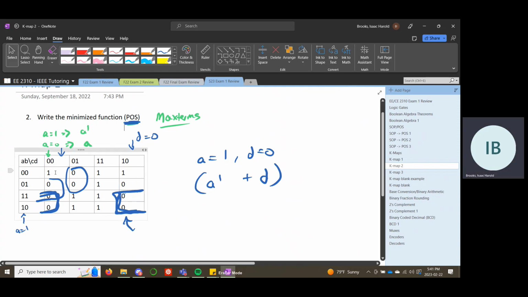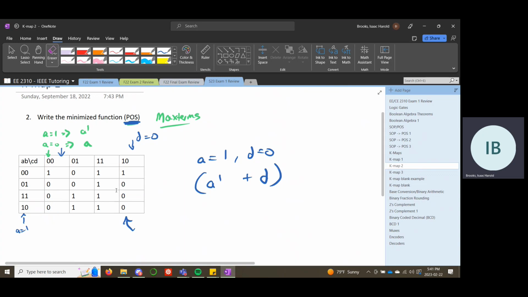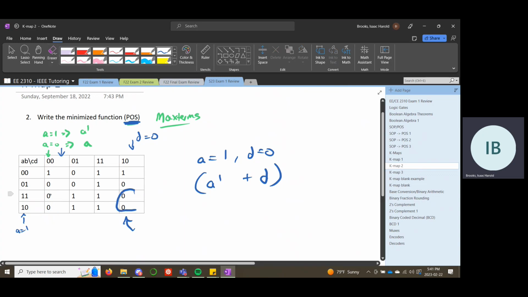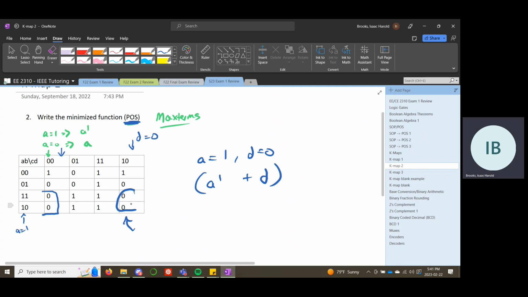Oh yeah, sorry, I should have done these in different colors. This is this circle here. So when we're doing max terms, we can circle the zeros, and this helps us get a minimized form for the max terms. And for min terms, we circle the ones, and we get the min terms. And of course, you can always do this in the other way. Like if you get an equation like this, you can do it minterm style, get your minterms, and then invert your minterms. So for example,